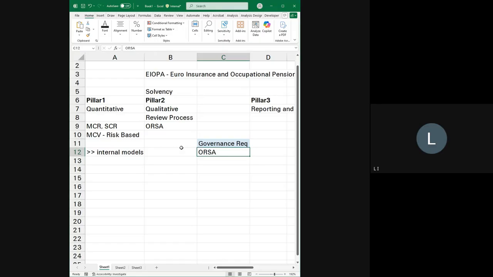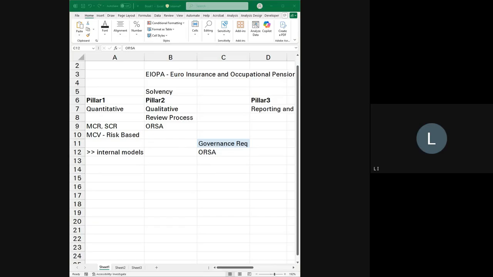The next part of it is ORSA. So ORSA is about what? You need to carry out an own risk and solvency assessment. That is what ORSA is about. So every company looks within itself, sees what risks it's exposed to, and makes an assessment whether the solvency capital that they're holding is sufficient for that level of risk or not. They've given a particular definition of the ORSA here, as EIOPA defines it. It says that